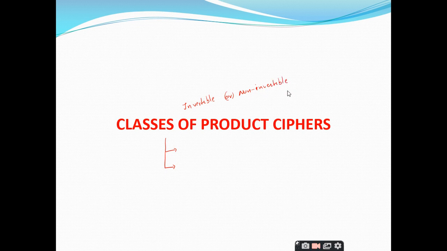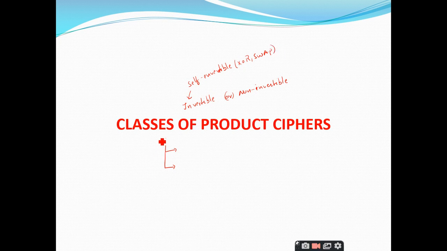So we have seen what this invertibility is. We know what are the components that are invertible, what are the components that are non-invertible, and what are the components that are self-invertible also, right? Basically the invertibility is categorized into 2 things only, invertible and non-invertible, but under this invertibility we have another term called self-invertible. So what are the components that are self-invertible? XOR and swap, sir. Right. We have only 2 components which are self-invertible, that is the XOR operation and the swap operation.